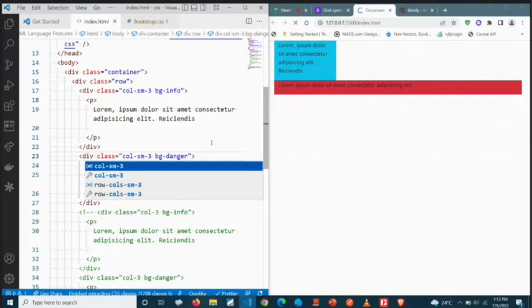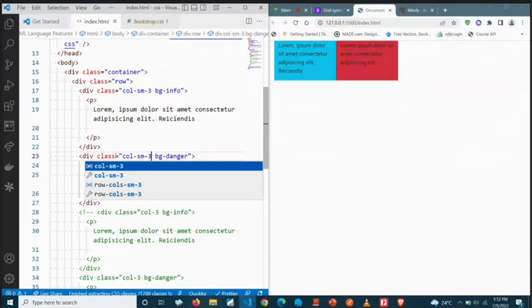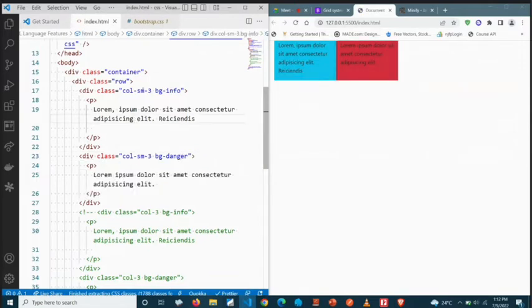So this means that from small devices and upward,